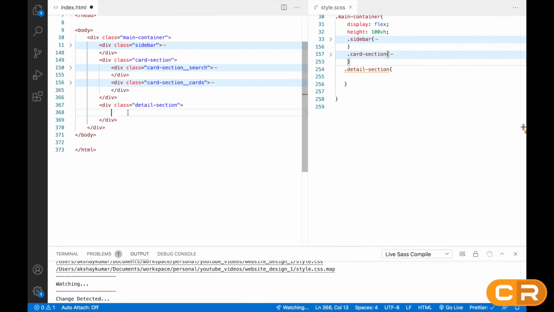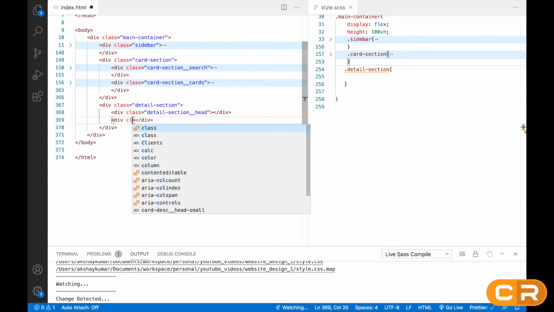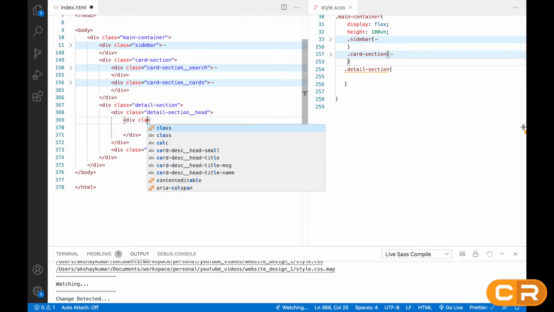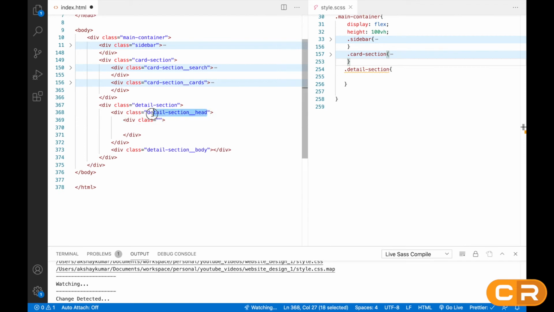So we'll create two div here. The first div will be detail section underscore underscore head, and same thing goes here also, detail section underscore underscore body. So inside head section we have to create one div and we have to give class name. So detail section underscore underscore head hyphen navigation.